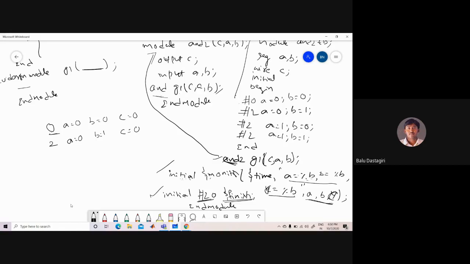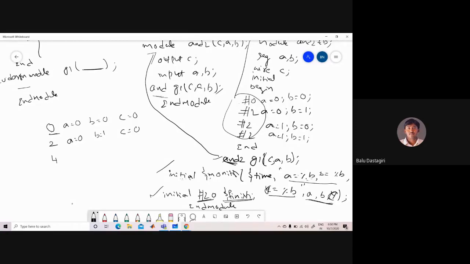Now again after 2 units, so 2 plus 2, that is at 4 units of time. Even though we have given 2 time units, this #2 specifies that after 2 time units, initially at 0 time units, after that at 2 units of time, meaning 0 plus 2.